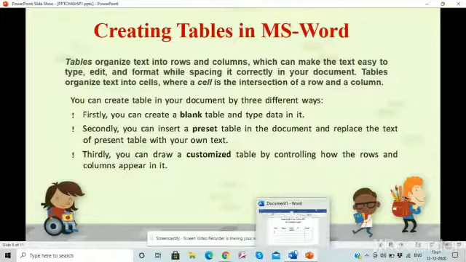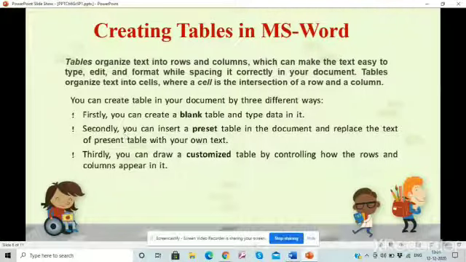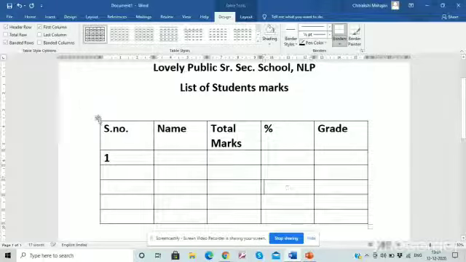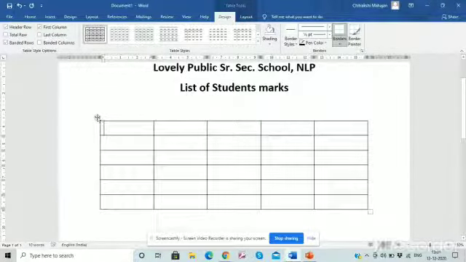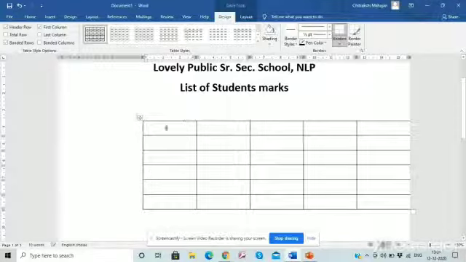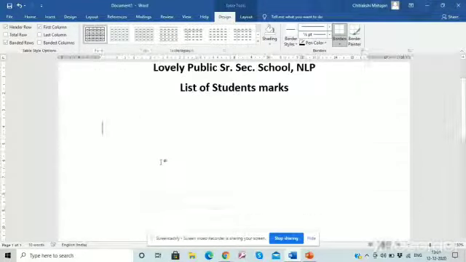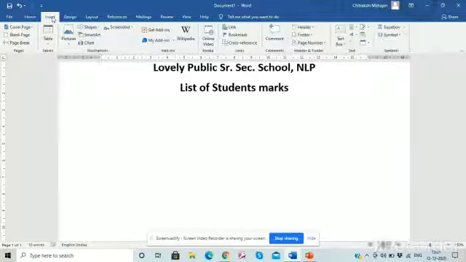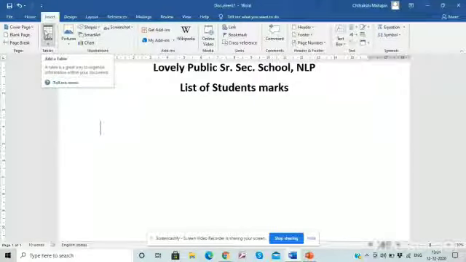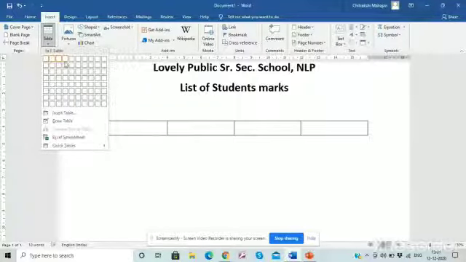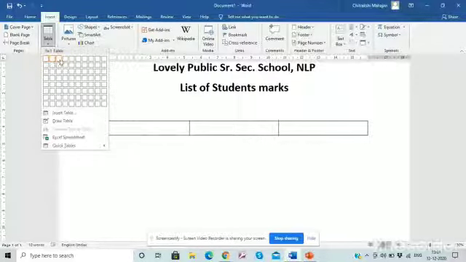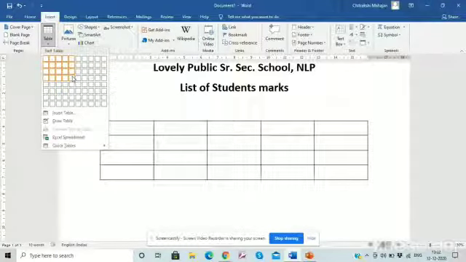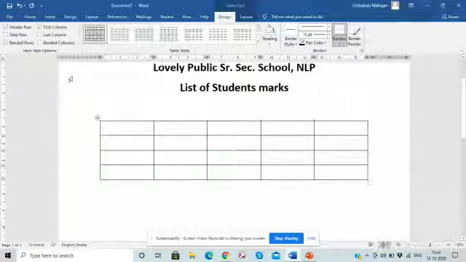I just go to MS Word. Here I have already created one table. I will just delete it again for you. Just delete table. Now we go to Insert for creating the table. Add table पे हम click करेंगे. It will show us the rows and the columns in the grid. As many columns as we want, we select like this, and the rows downwards. Okay, we just insert it.